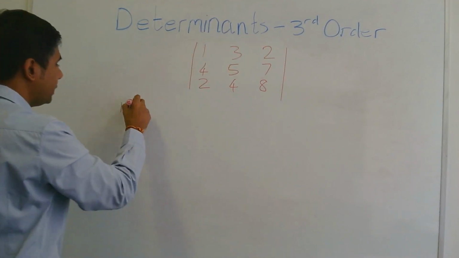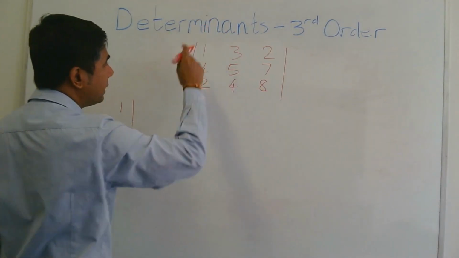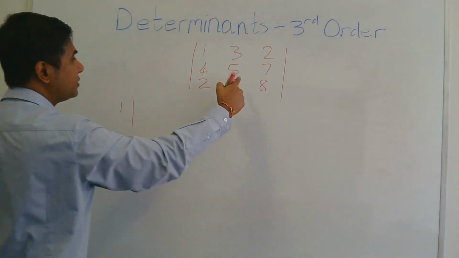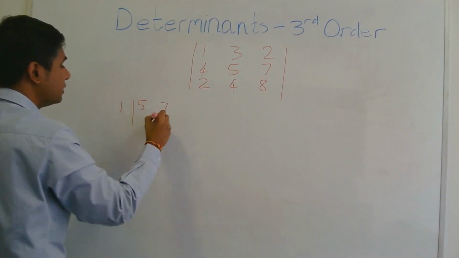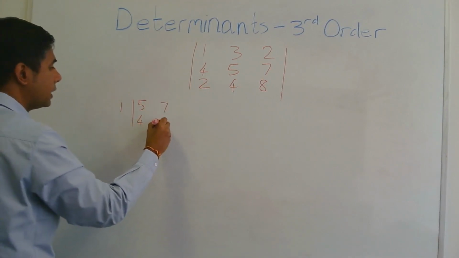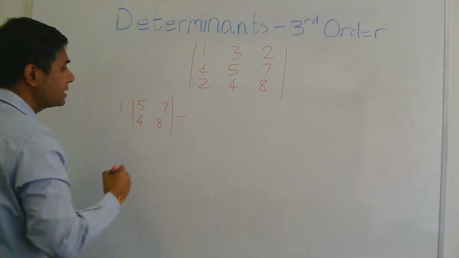And how we do it is that we block out row 1 and column 1 and then write what's left, which is 5, 7, 4, and 8. We have 5, 7, 4, and 8. Then we subtract